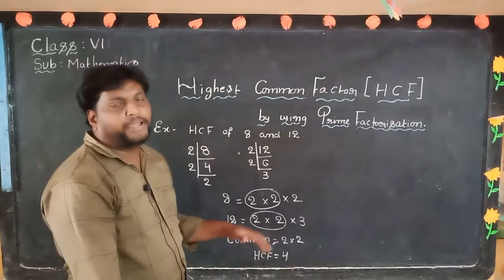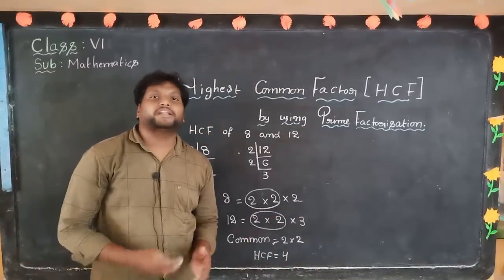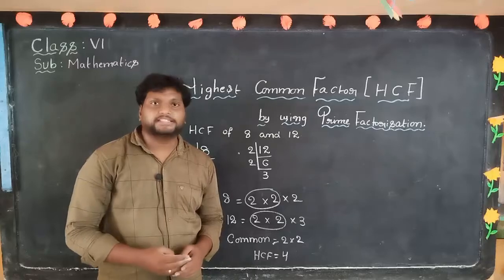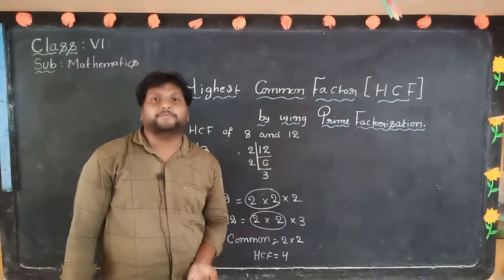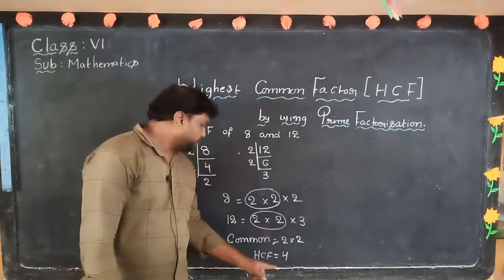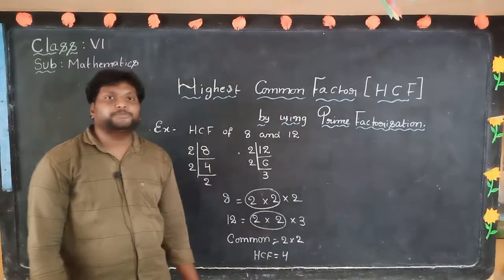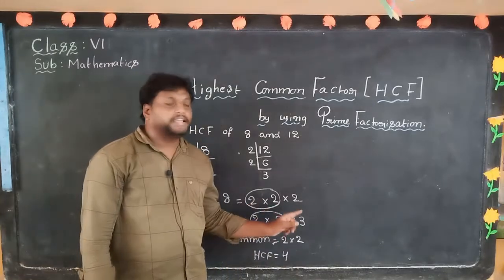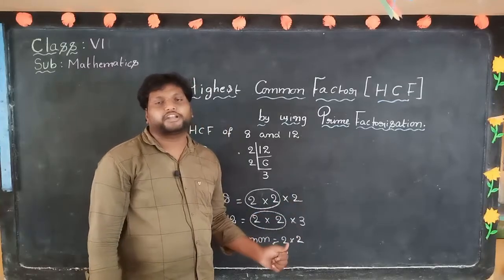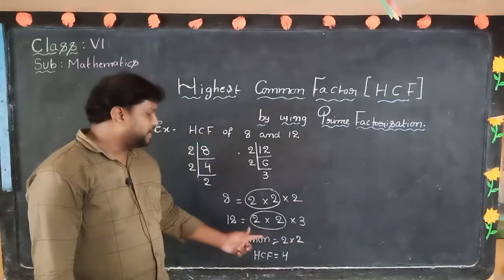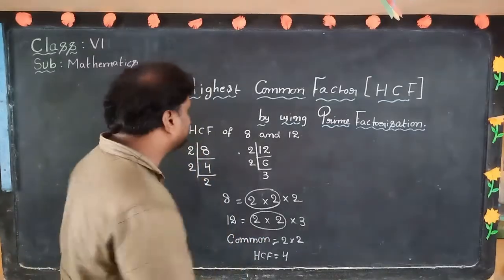Some difference compared to the before method and this method, some difference. Why? Because in that we were taking the factors separately, but in this method we are taking the product of prime numbers. And finally we are taking the product only. Means how much product? For example, 2 into 2 is there. In case, for example, one more 2 is there, then 2 into 2 into 2 is the product. It means 2 into 2 into 2 is 8. 8 is the HCF. Now we'll check some more problems.